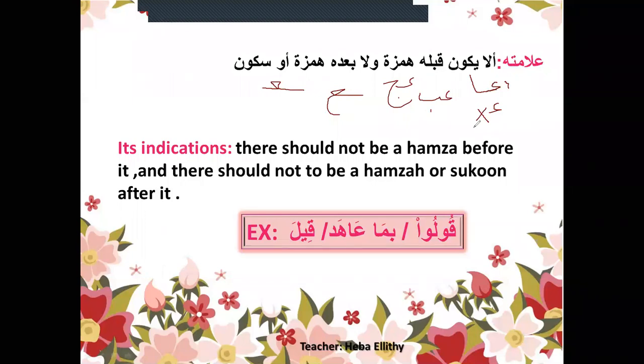But letter hamza, you will not find it connected from here at all. This is clear. So I see this mistake a lot with non-Arab, subhanallah al-azim. They read hamza like ayn and ayn like hamza. Ayn connects, hamza never connects.